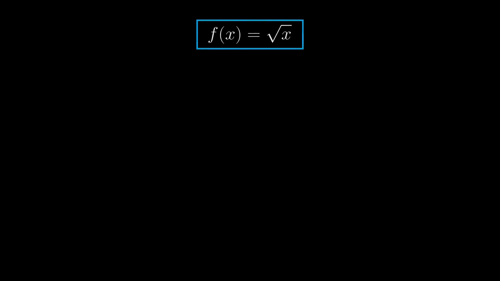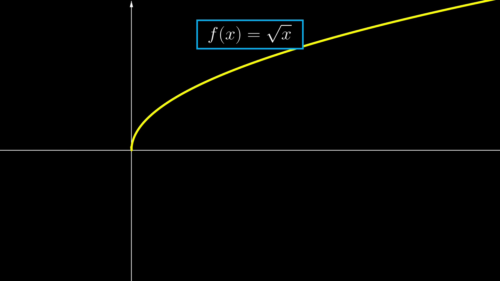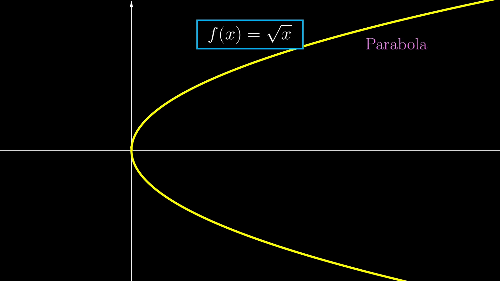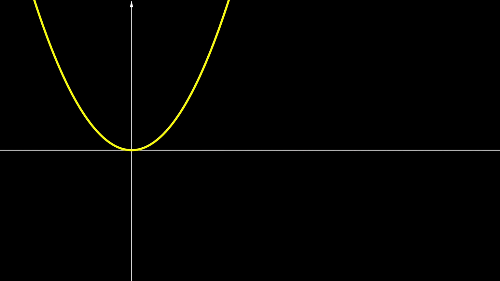What do I mean? Let's take a look at the real version. Usually, this is how we would plot the graph of square root of x, but with the spirit of including both square roots, let's plot the negative one as well. This isn't something crazy, this is just a parabola. If we rotate the plot by a right angle, then we get the plot of a simple function, the squaring function. Rotation is not the only choice though, because a reflection across this diagonal line y equals x also works.